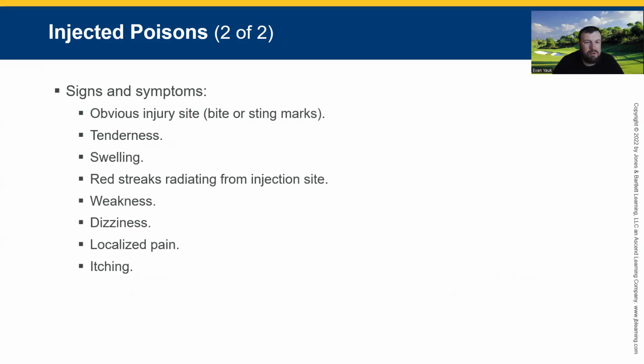Signs and symptoms. So, obvious injury site, snake bite or sting marks. You've got tenderness, swelling, redness radiating from the injury site, which I'll hit here in a minute. Weakness, dizziness, localized pain and itching. I don't believe it says anything in here, but just a little hint and trick. If you identify that they were bit or stung, right here, this red streaking or radiating,